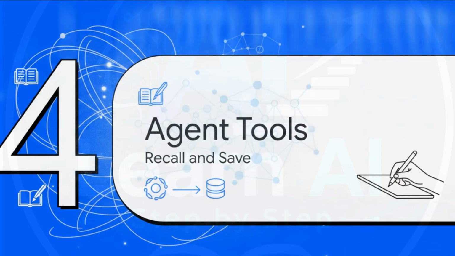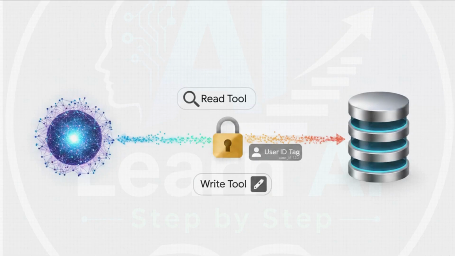Because an architecture is totally useless if the agent isn't equipped to actually read and write to it. To actually empower our agent to interact with this new database we've set up, we have to give it two very precise functions. First up is recall_user_preference. Think of this as the agent's reading glasses. It lets it scan all the saved preferences for a specific user. The second tool is save_user_preference, which is basically its pen, letting it insert a completely new key or